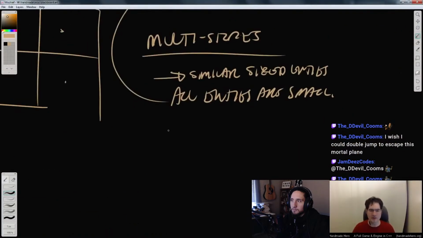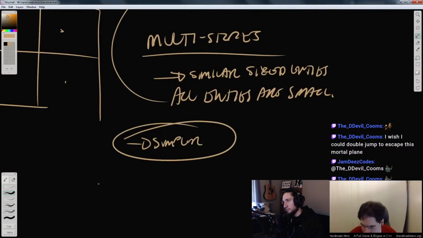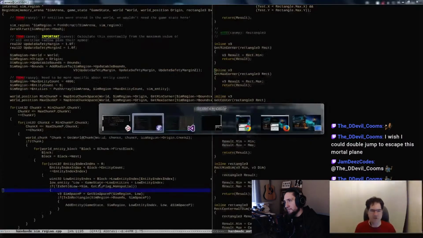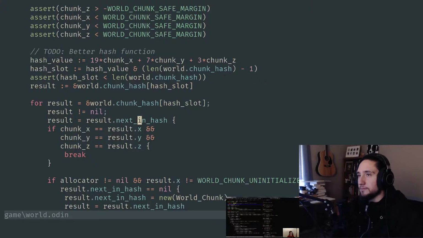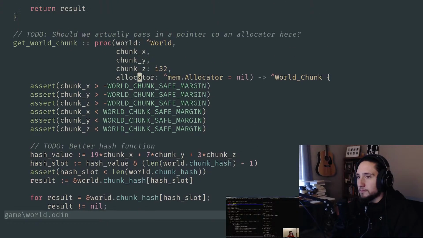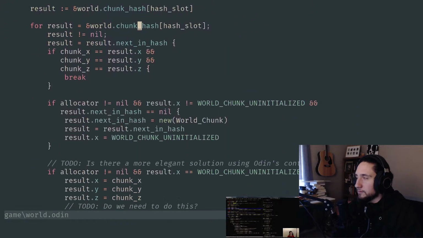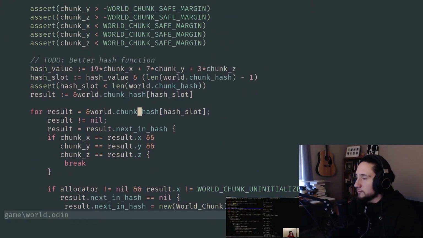So I think what I'll probably do is the simpler of the two, because when you have no information, you might as well do the one that's least likely to cause bugs and be a strain on the code. So instead of worrying about storing things and removing things from the space partition overlapping, let's just go ahead and introduce a maximum entity radius. We already have a safety margin, and we'll have a max entity radius. The maximum entity radius is like 5 meters or something. And then our sim regions will just get updated by whatever that is. So we'll say, add radius 2. We'll do that bounds there, and we'll say, in fact,